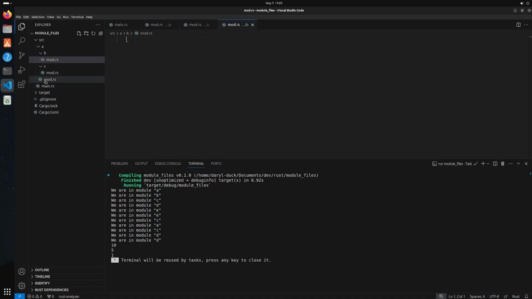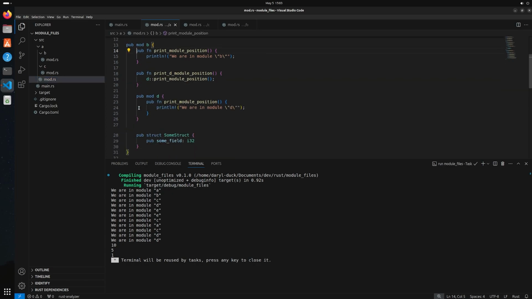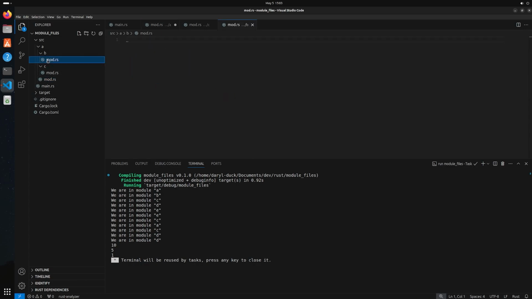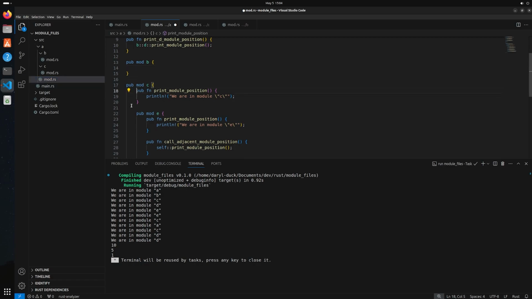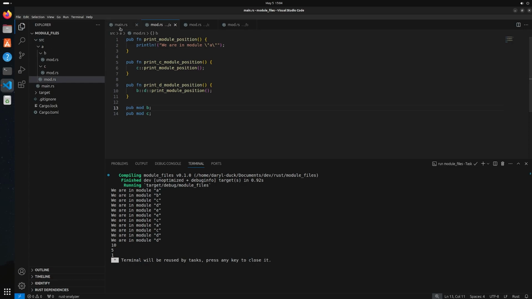Right? And now inside of the A mod.rs, we're going to grab the contents of the B module, and we're going to paste it right inside of here. All right. And for the C stuff, we're going to take the contents of that and paste it into C's mod.rs. All right. And then I'm going to do what we were doing before, remove the block and add semicolons, and everything still works, right? We can still run main,